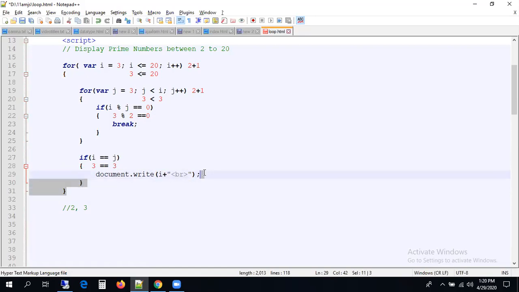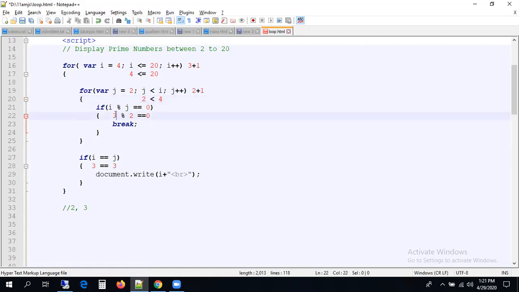Now after that, it will go to the outer loop increment here. Now the value is 3. 3 plus 1. It will be 4 now. So the i value is going to be overridden with 4. And 4 less than 20. Is the condition true or false? True. Then again, see, when we exit the inner loop, this value reinitializes from 2 only, right? So now you can check it. j value 2, i value is 4. 2 less than 4.